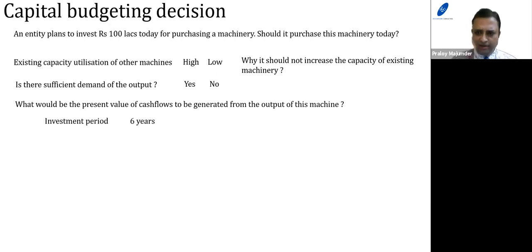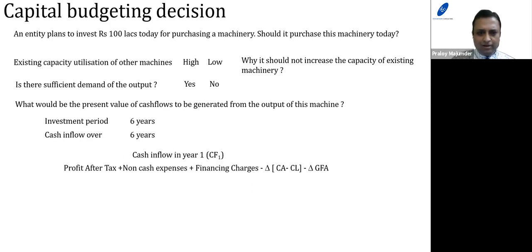As we have discussed, for every capital budgeting decision, there should be an investment period. Suppose the investment period is 6 years. So I have to calculate the cash inflow over a period of 6 years. Please remember, if I'm investing 100 lakhs today, the inflow will come in year 1, year 2, year 3, year 4, year 5, year 6 of the investment period. So I need to calculate the cash inflow of each year. I am explaining it for year 1. What would be the cash inflow formula? The cash inflow formula is PAT plus non-cash expenses plus finance charges,